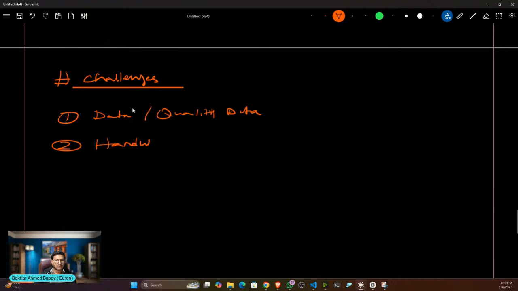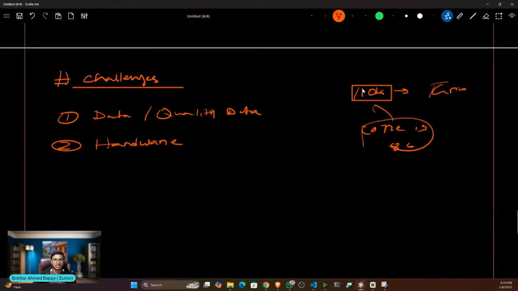Okay, hardware. Why hardware? Because to train these kinds of computer vision models you need a good configuration machine. If you don't have that, it will be very difficult for you. Let's say you are training 10,000 images. Just try to consider this 10,000 image computation. Let's say you are using a Core i3 processor with 8 GB RAM, it's not enough for that. So definitely you need one GPU based machine to process the entire image, because an image is nothing but